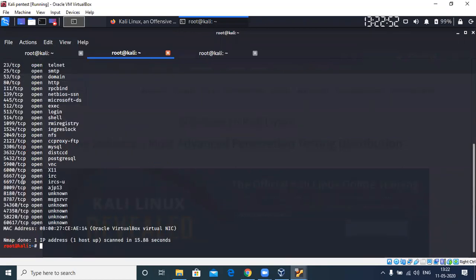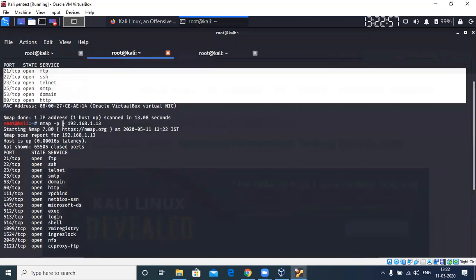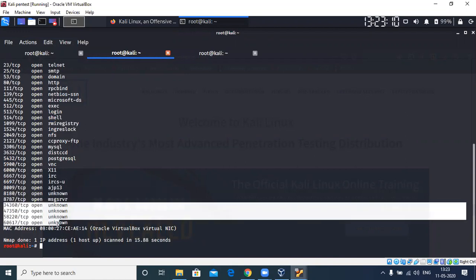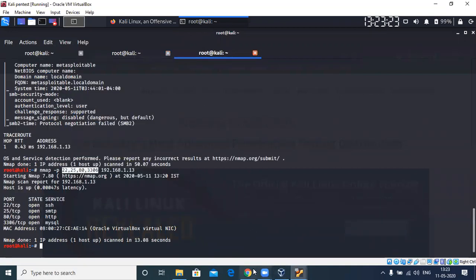Over the common 1000 ports, a dash means a range of 0 till the end, and 0 till the end means scanning all ports. So 8180 was the last one we got in the common 1000 ports. But then you see there are these particular ports that are actually open. Again, the service detection probably failed over there. So that is something about specifying ports.